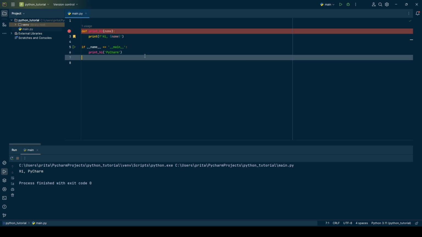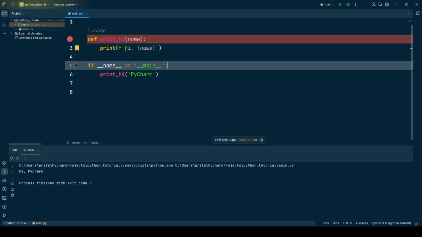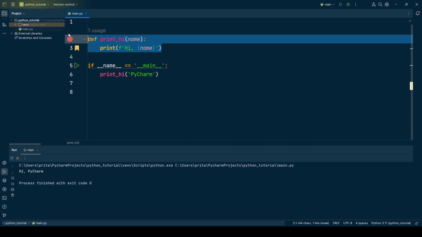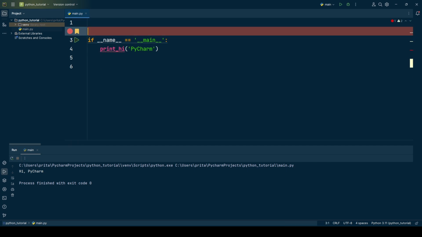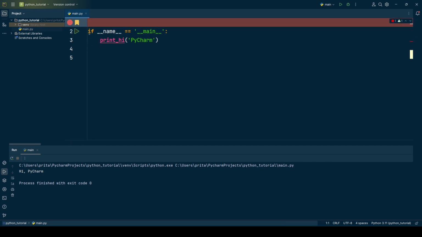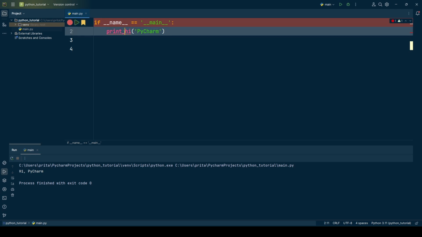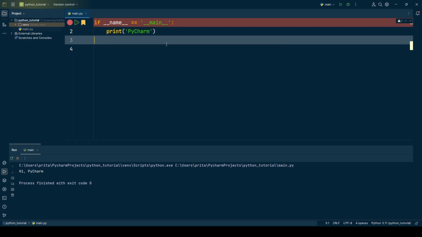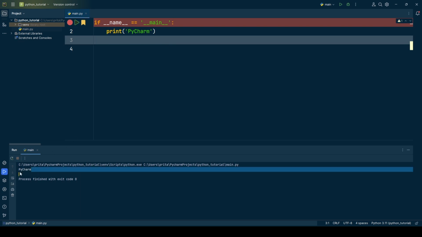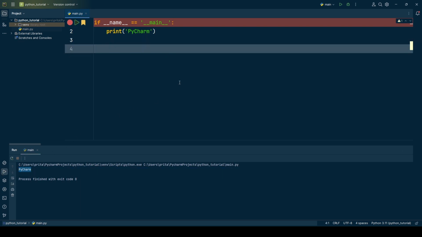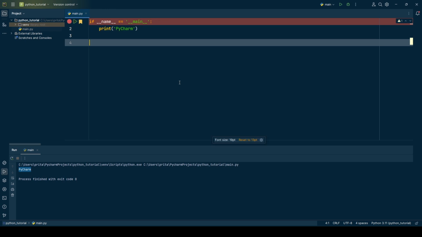Only there are two things, def and the print. Remove this one also, we do not need all these things. If __name__ equals '__main__', print PyCharm, only this one. Let's run it. So PyCharm is here, you can see. This is basic Python.